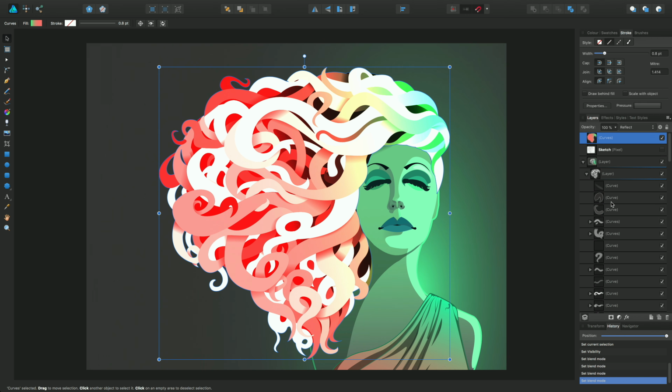Now for Reflect, we've got a very strong effect here, and I do like it, but what I want to do is to just pull down that strength, especially in the red. So because it's the curves layer that we're still on, I can reduce the opacity there and just drag that down to around about 50%,